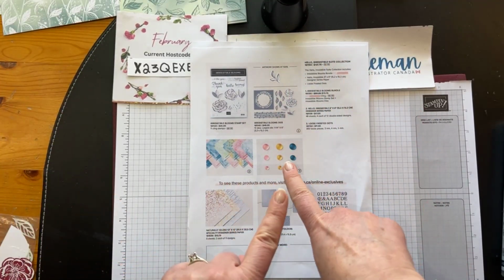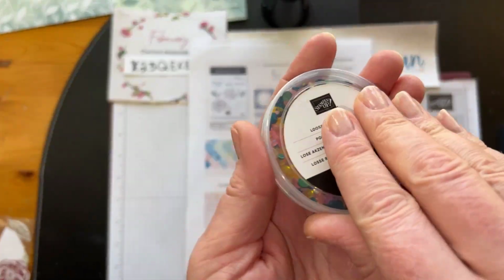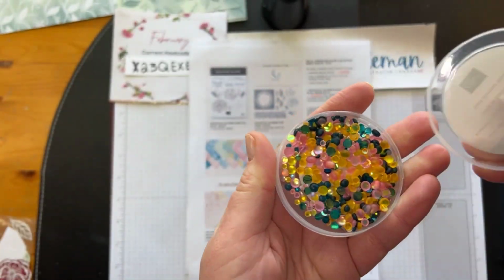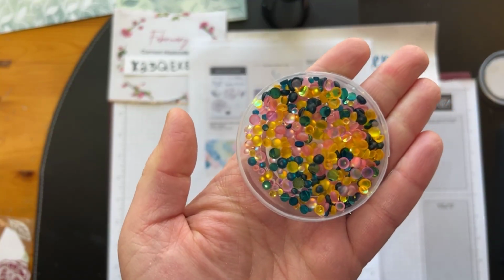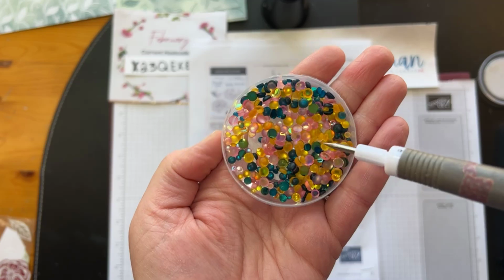The paper and the gems are stunning. Let me show you the gems first. These are called loose frosted dots. I'm going to open the package. They're like this. And I just put a little dab of Mono Tombow adhesive down, and then I just pick